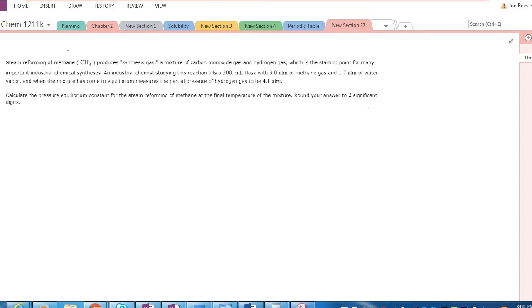Okay, I've been asked to do a problem like this. It's an equilibrium problem, and that is the steam reforming of methane produces synthesis gas. So I have here water and methane, and produces synthesis gas, which is a mixture of carbon monoxide and hydrogen gas. And it says a chemist studying this reaction fills a certain flask with 3 atmospheres of methane, 1.7 atmospheres of water vapor. And it says when the mixture has come to an equilibrium, then we measure hydrogen gas to be